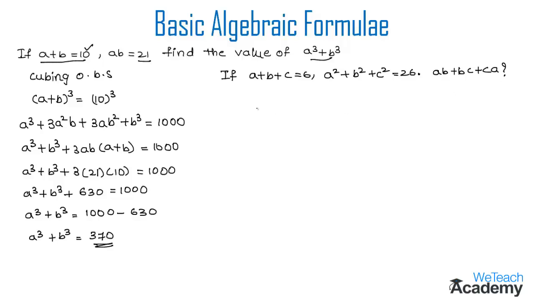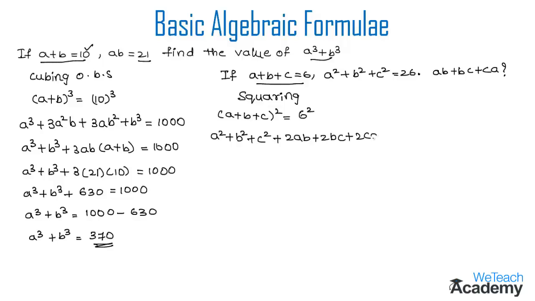As the given values are in terms of a plus b plus c and a square plus b square plus c square, let us square the given condition a plus b plus c is equal to 6 on both sides. On squaring, we get a plus b plus c whole square is equal to 6 square. In our earlier video, we have derived the formula for a plus b plus c whole square. So this would come as a square plus b square plus c square plus 2ab plus 2bc plus 2ca